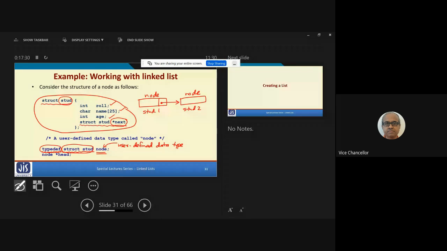So you can directly define the head pointer. So what is head, you recall? Head was a variable which was pointing to the first element, right? So head is a pointer which is pointing to a node of type node. So you declare it as follows: node star head. So here you are declaring the head pointer.